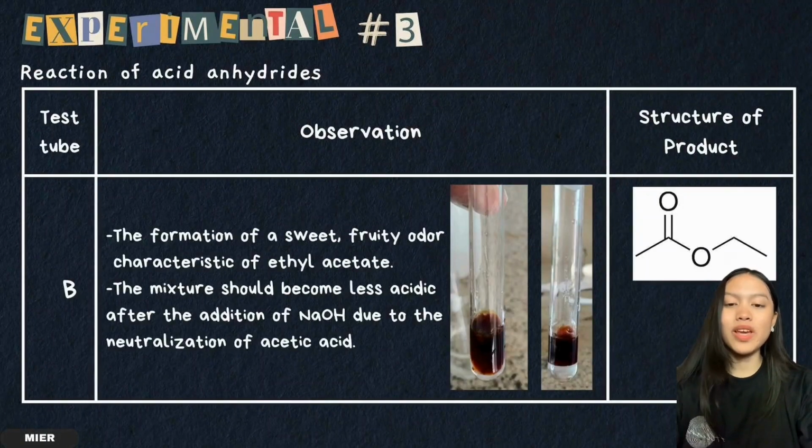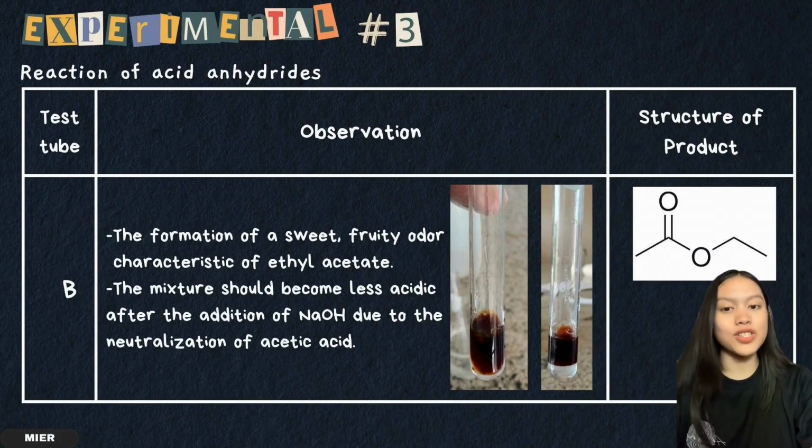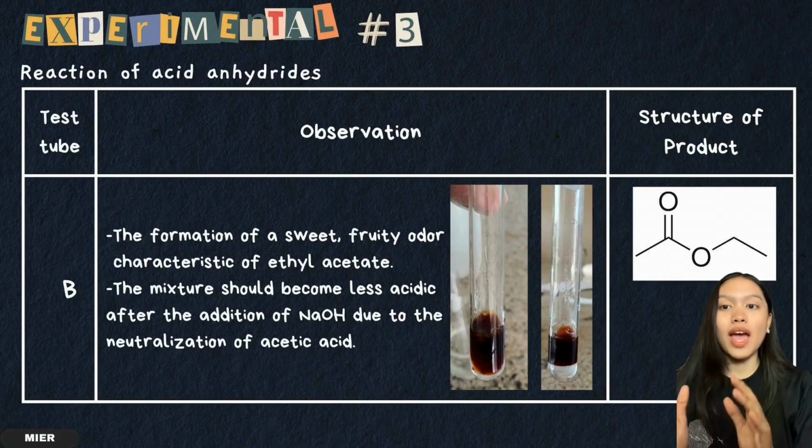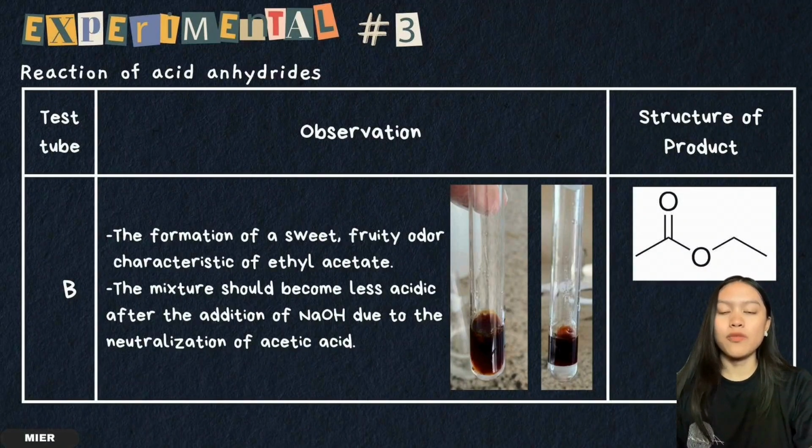So for test tube B, when the acetic anhydride reacts with the ethanol, an esterification reaction occurs, producing ethyl acetate, which is an ester, and acetic acid. For the procedure, after adding the acetic anhydride, the sodium hydroxide is also added, and the sodium hydroxide neutralizes the acetic acid formed from the reaction, shifting the equilibrium towards ester formation and